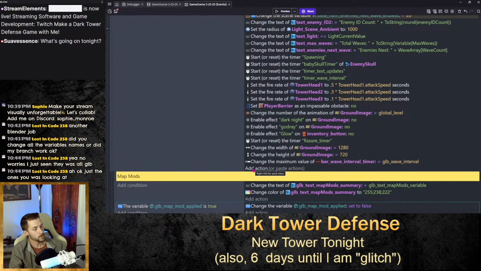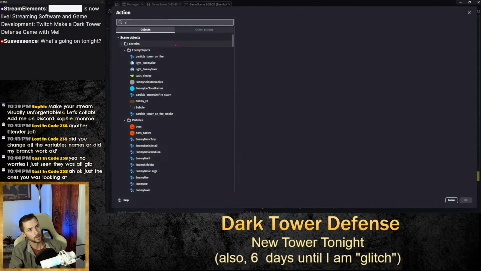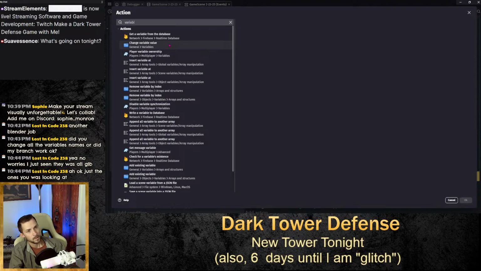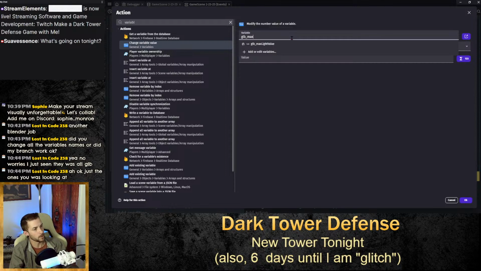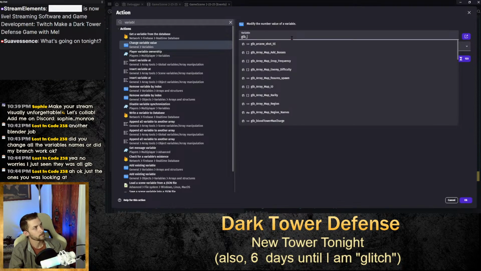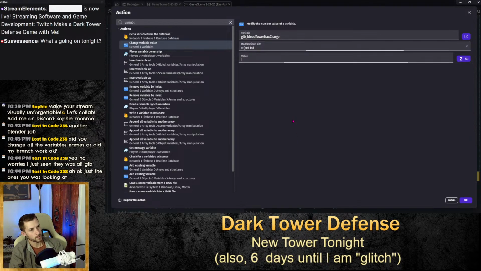All right, so 5% of the max value. So we're going to do a variable update here. So change variable value, GLB max light. No, this will be GLB blood tower max charge is assigned GLB max light value divided by 20. So like 5%. Which should be